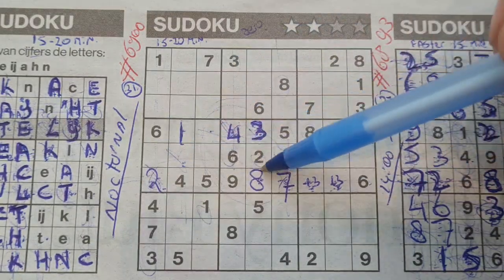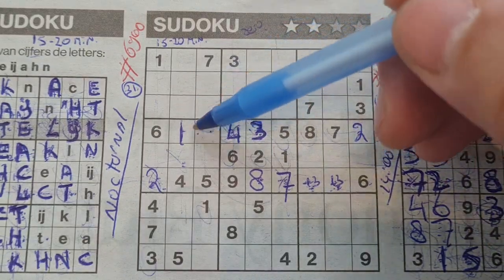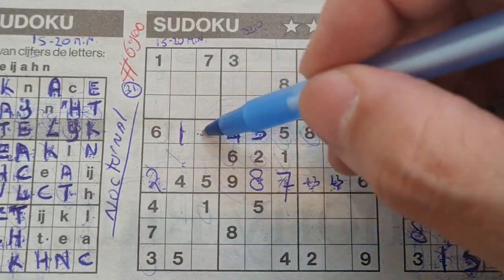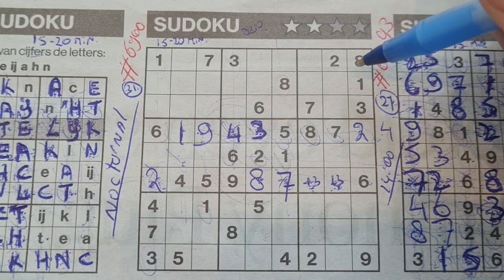2 in this row, 2 in the middle row, so the row above, the only place left for the 2 should be there. 1 box left in this row for the number, the 1, 2, 3, 4, 5, 6, 7, 8, and 9 is missing. Alright,